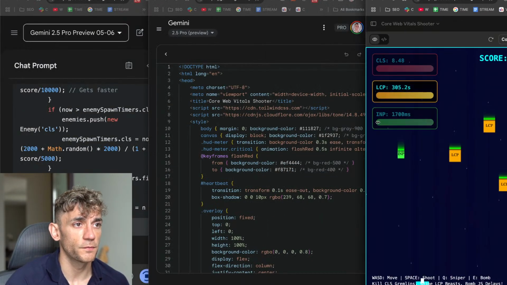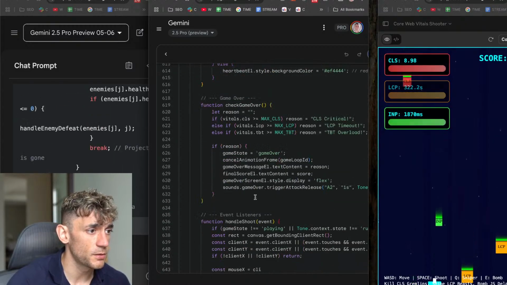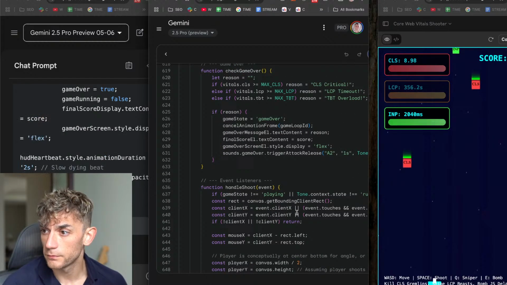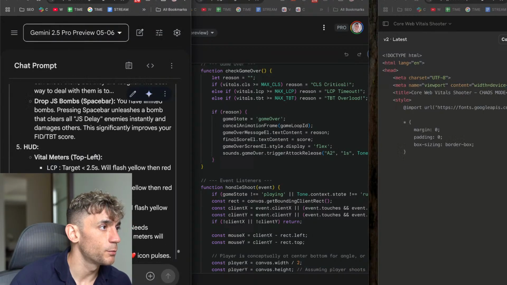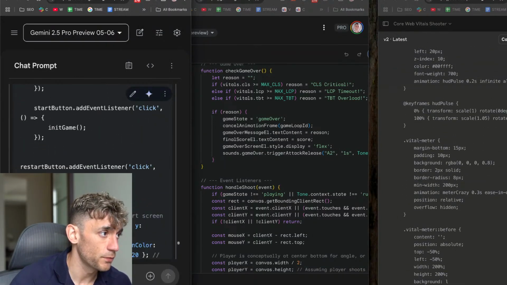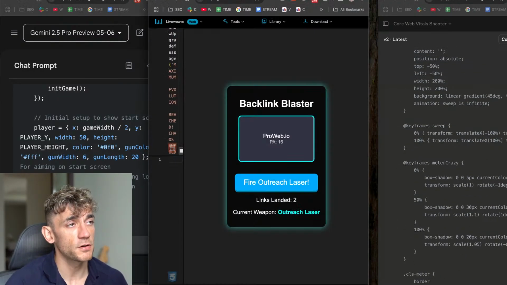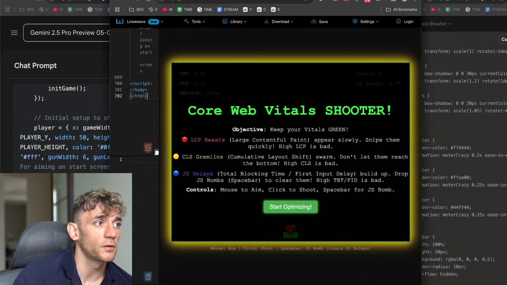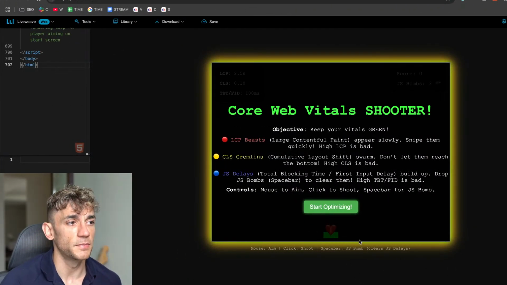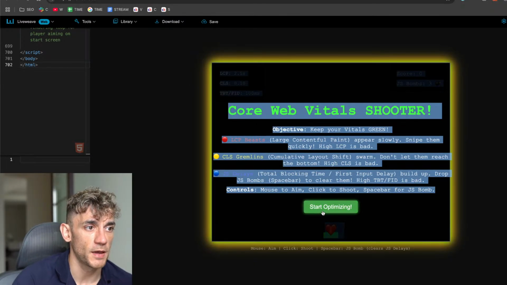Because Claude 4 is so fast, we can probably code two versions before the other two are ready. So Gemini is still coding back here. And then we've got the code back from AI Studio. You might be wondering, do you need the premium version of Claude as well? I would just try the free version and see if it works for you. If it works for you, then you can upgrade because you need bigger limits and that sort of thing. So this is the output from AI Studio.